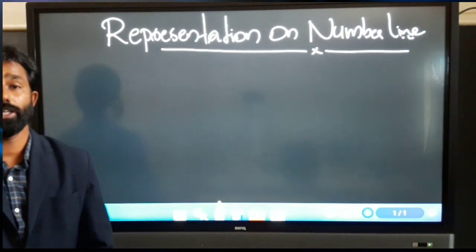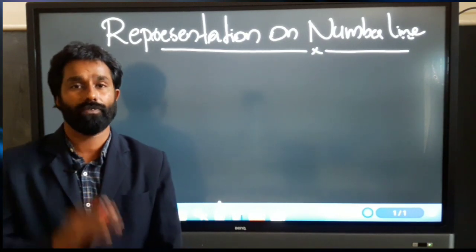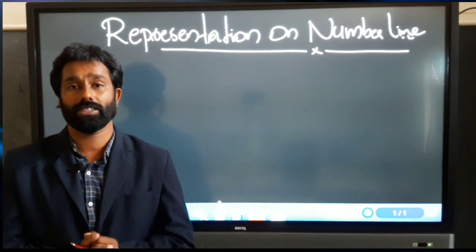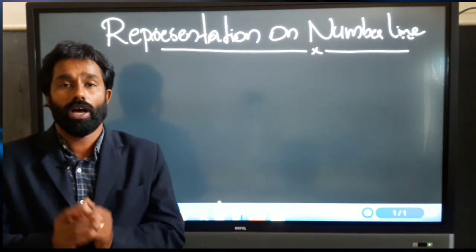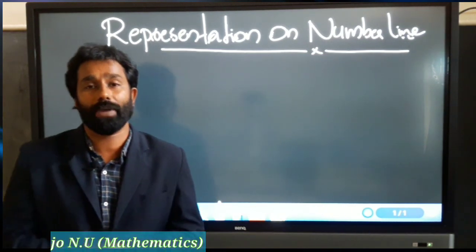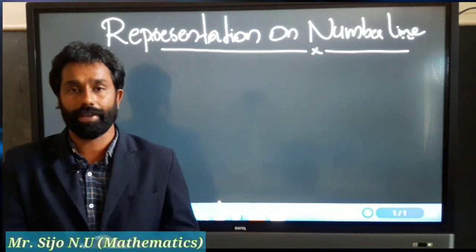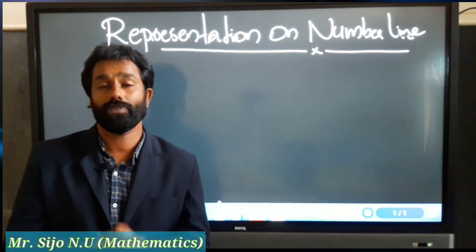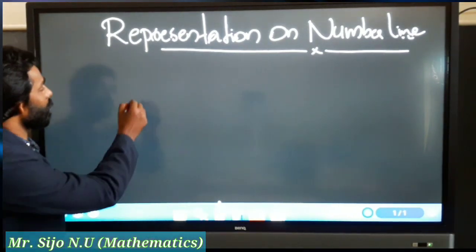Today we are going to discuss how to represent real numbers on a number line. Of course, we know real numbers means a collection of rational numbers and irrational numbers. So today's topic is how to represent these numbers on a number line. First of all, we know the fraction, so rational numbers. Let us take the example